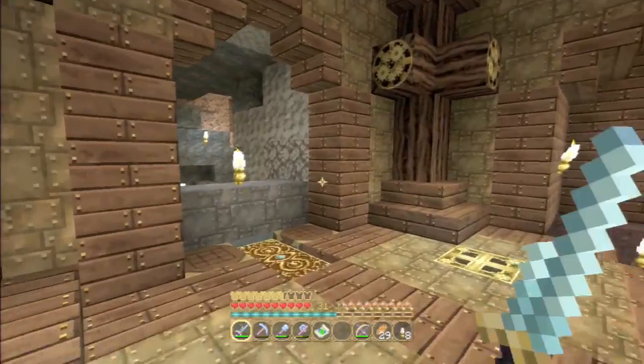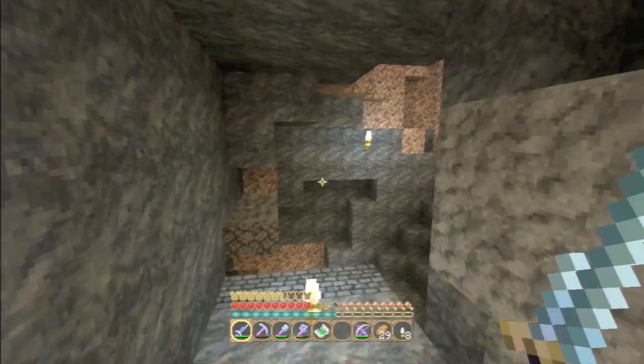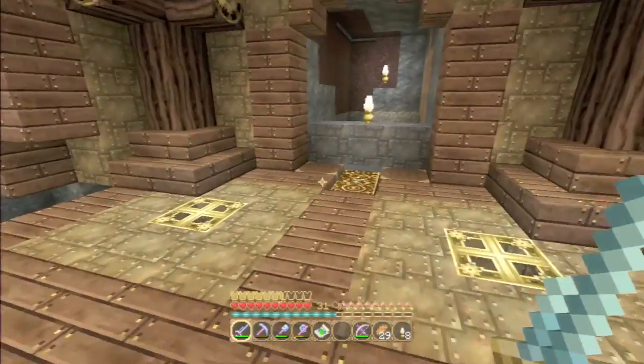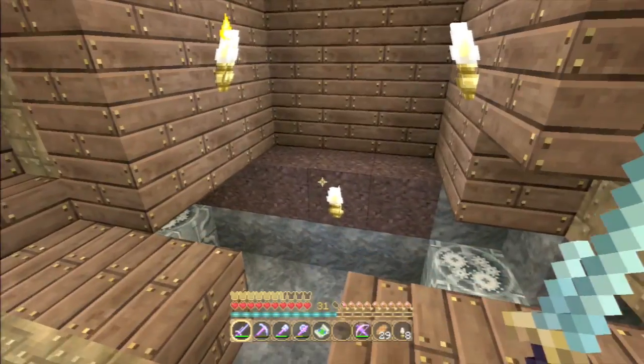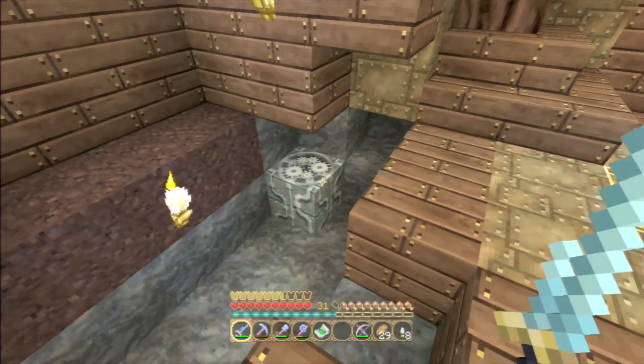We are going to build an AFK fully automatic mushroom farm. So on this side it will be making the red mushrooms, on this side it will be making the brown, and over here we're going to have a little pen for a